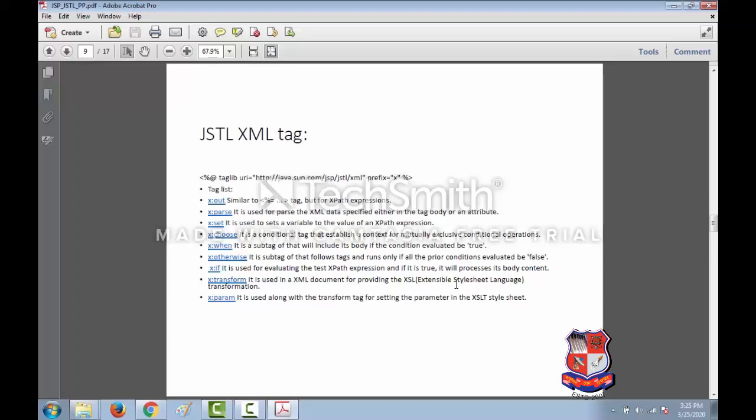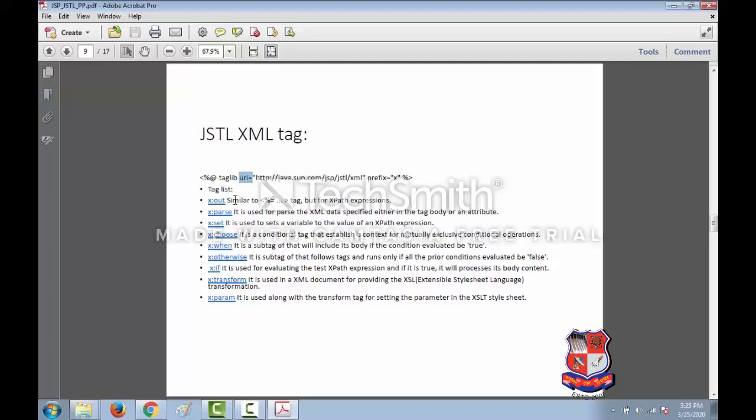Moving further, we have the XML tag library. The XML tag library is basically used to parse your XML file. So let's see. We have the taglib URI, you can specify JSTL/XML, then prefix x.